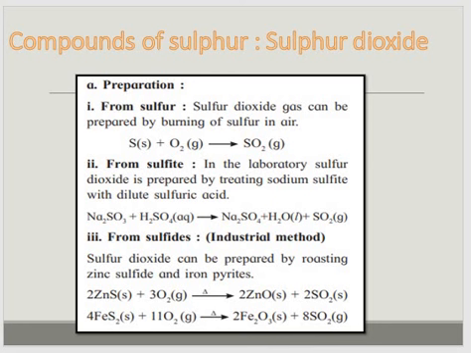Sulfide, I am taking here sodium sulfite, that is Na2SO3. When it is reacting with aqueous sulfuric acid, it will give you sodium sulfate, water and sulfur dioxide. The industrial method of preparation of SO2 from sulfide is when zinc sulfide or iron sulfide is taken and both are roasted. Zinc sulfide will turn into zinc oxide, iron sulfide will turn into iron oxide, and sulfur dioxide would be produced.